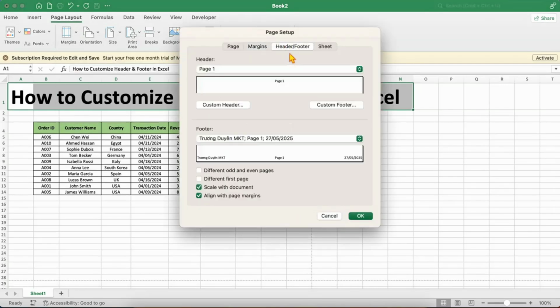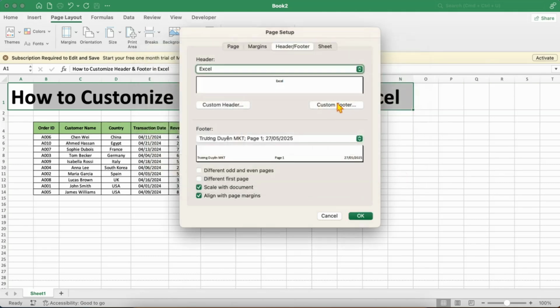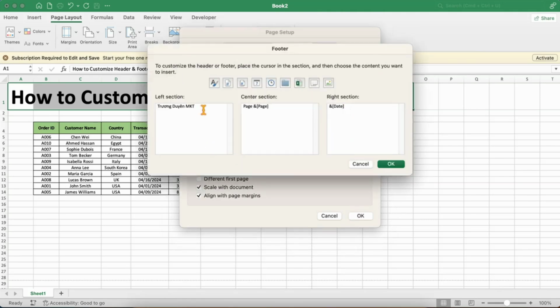Here you can customize your headers and footers beyond the preset options. For example, you might want to change the header text to your course name, such as Excel Basics Course, by typing directly into the header section. Similarly, in the footer area, you can add personalized details like your name, page numbers, dates, or even the course title again. This level of customization means your printed pages carry exactly the information you want, giving them a professional